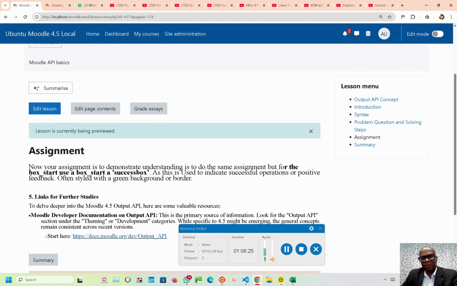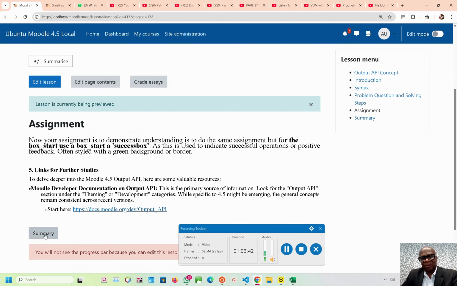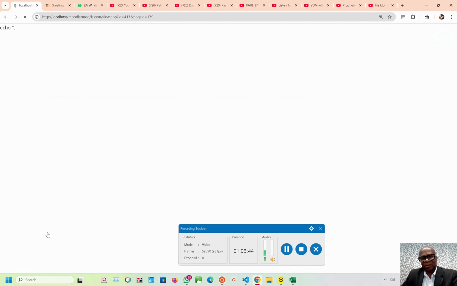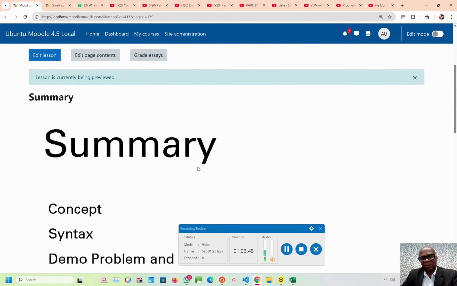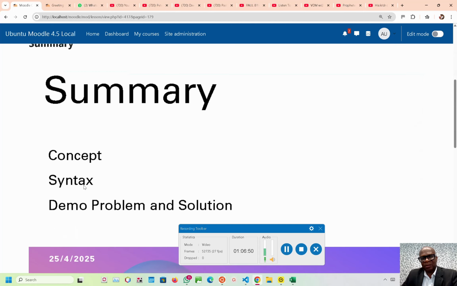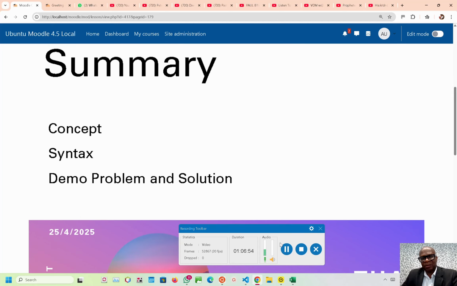Once you're signed up for this, you'll be able to take that and then submit it, and we'll be able to give you your scores on that one. So the links for further studies to delve deeper is this link here. And in summary, for this particular output API is here. So we've gone through the concept, we've gone through the syntax, we've gone through a demo problem and the solution,